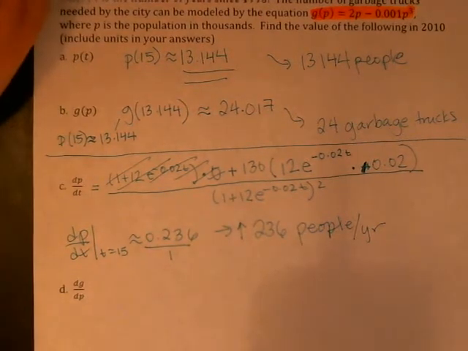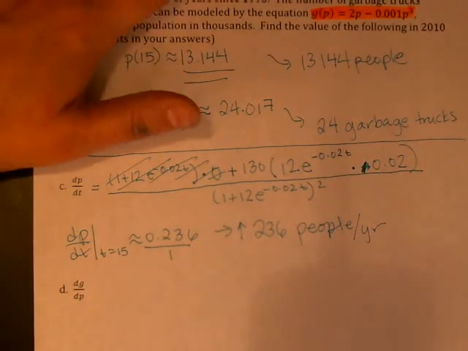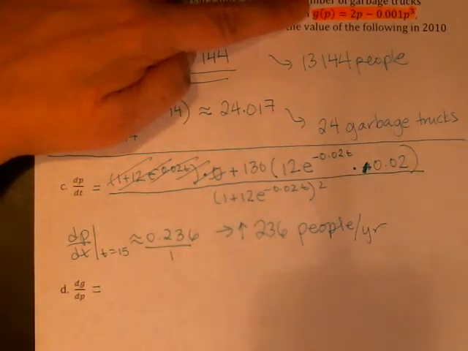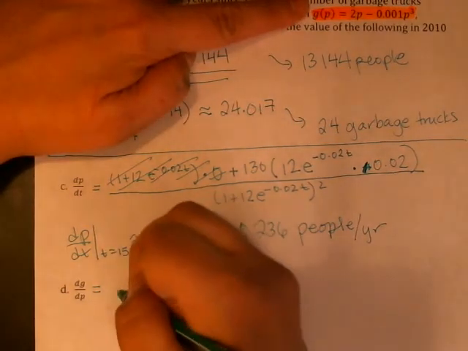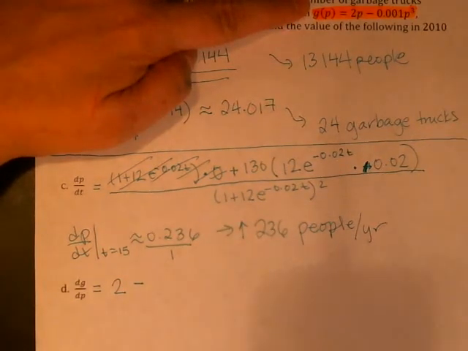Okay, and then we are supposed to find the value of dG/dP in 2010. Once again, this is the one to pay attention to. I'm being asked for information about 2010, but this is not actually a function of time. So I can find a formula for dG/dP. It's not actually too messy. Derivative of 2P is just 2. And then we have a subtraction. The derivative of 0.001P cubed is